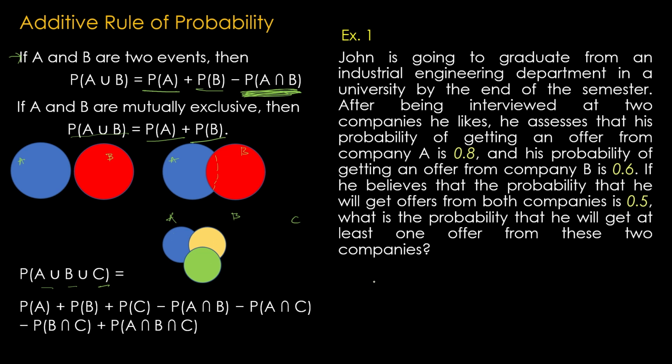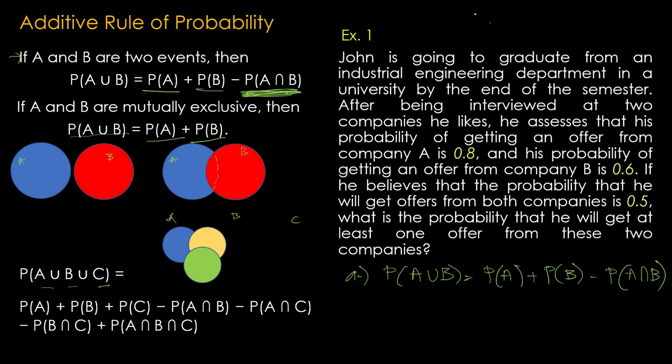Okay, pause this video right here if you want to try solving the problem. Okay, if we are to solve this problem, this is just the union of both events A and B. So therefore, the probability of the union of A and B is equal to the probability of A plus the probability of B minus the probability of the intersection between A and B. If we are to draw this one,